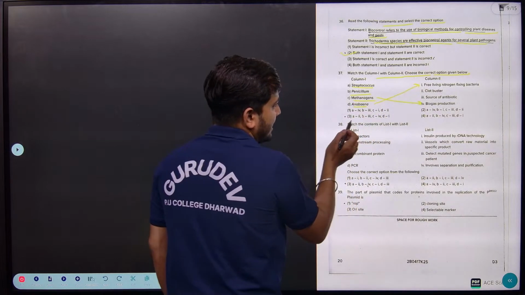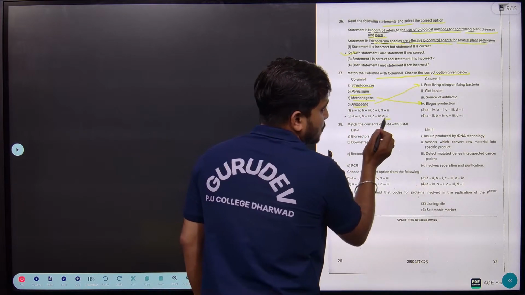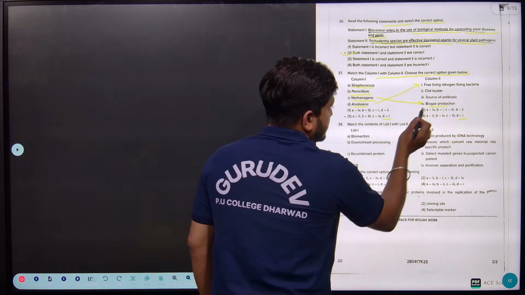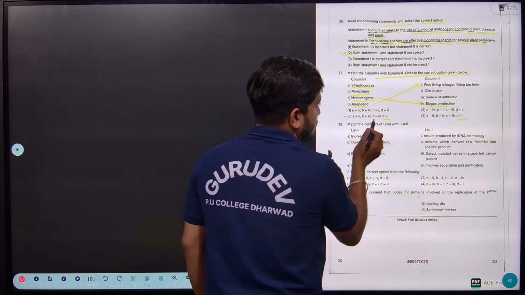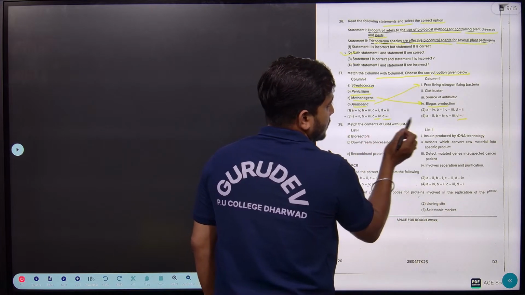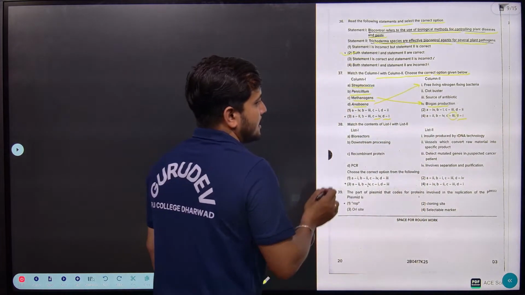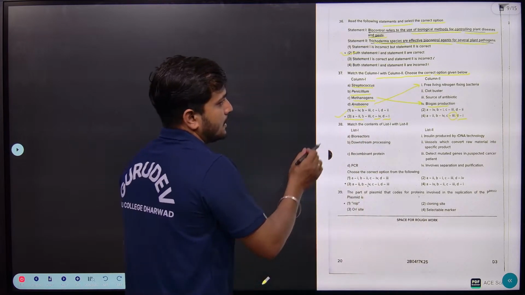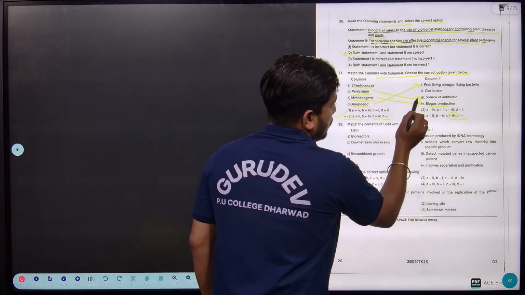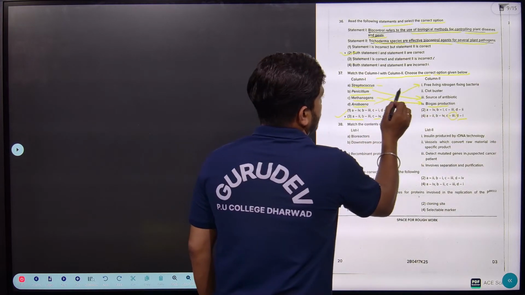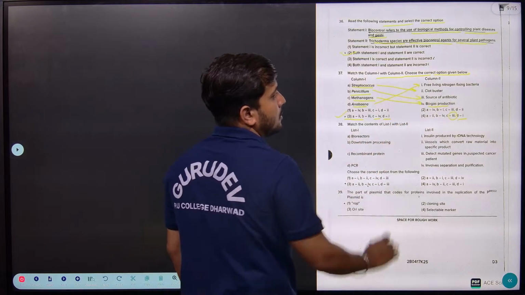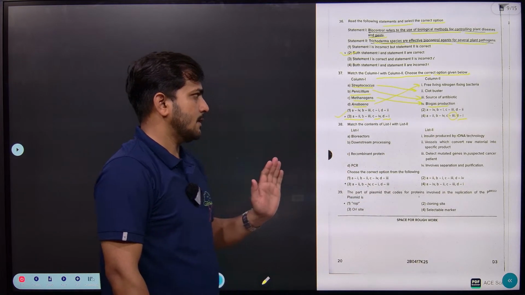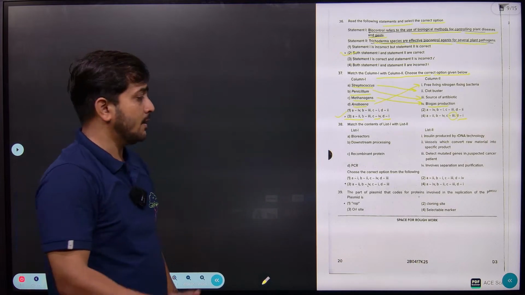Consider D is 1, right? So here I consider D is 1, here also 1 is there and here also 1 is there. Then I have to see for Methanogens, that is biogas production. Then C with respect to the methanogens, what am I finding? Here also 4, but here it is 3. Understanding? So here the correct answer you can mention is 3, right? Because Penicillium is the source of antibiotic, and Streptococcus produces streptokinase, known to be the clot buster, right? So like that the matching can even be performed.